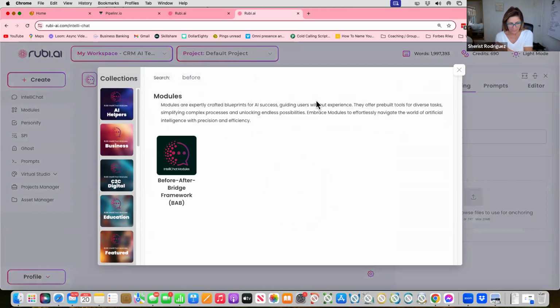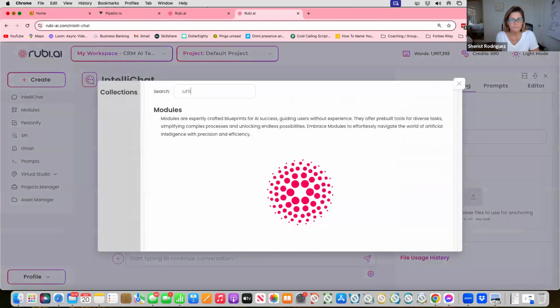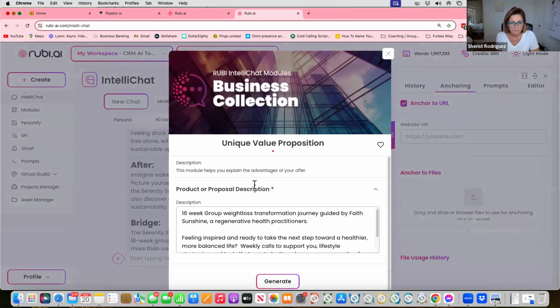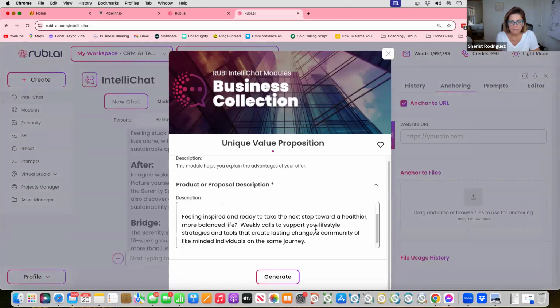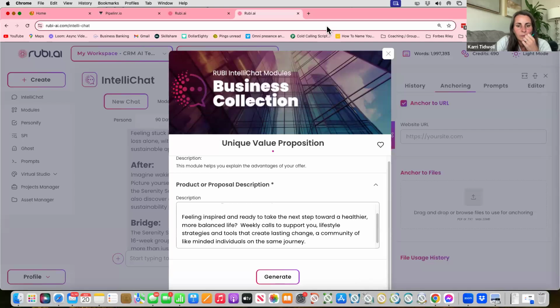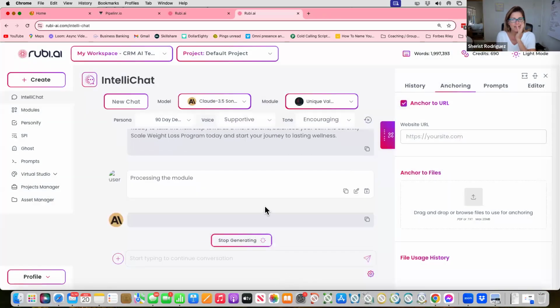And so we can do, let me see, which one was it? Unique value proposition. Is that what you would do for creating the launch? That would be the first one? I would do all the ones I was showing. I do a few things to gather data, and then I get my key points to all of it. This one's going to give you some things on how you stand out.